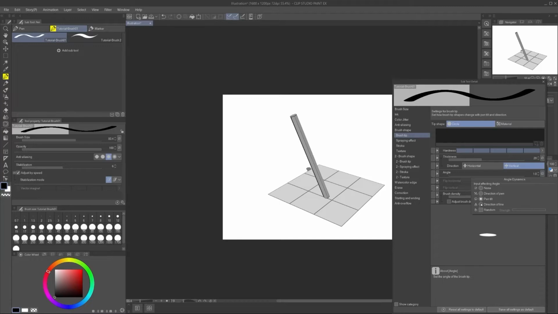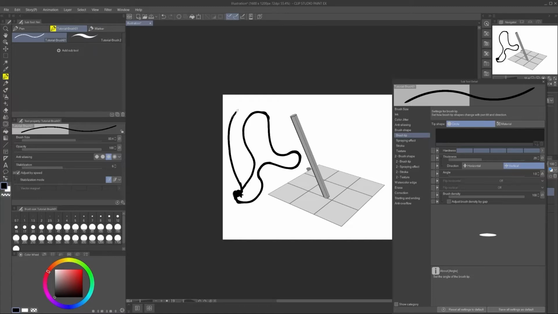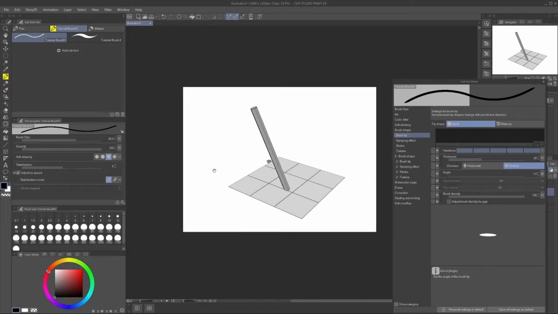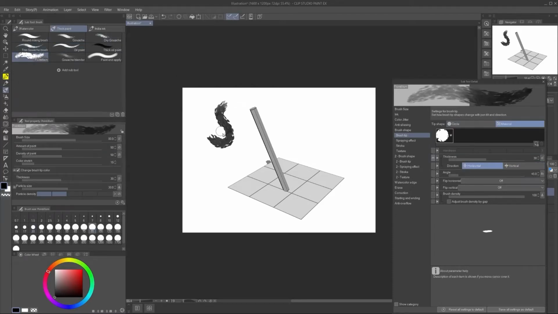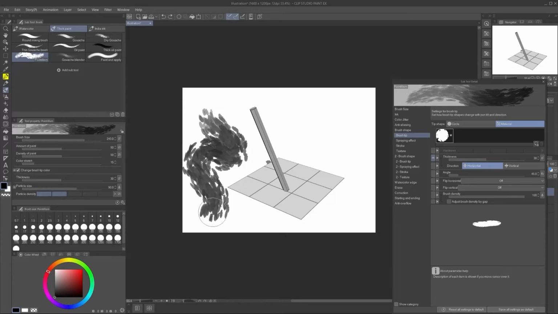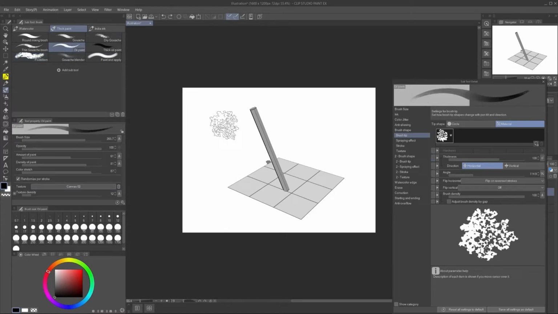And the direction of line is really straightforward. It's really the direction in which the brush is going. We can create really cool effects with this too. So for example, for brushes that have a lot of texture,